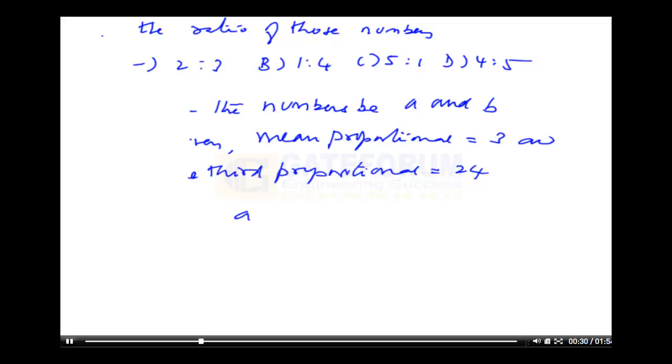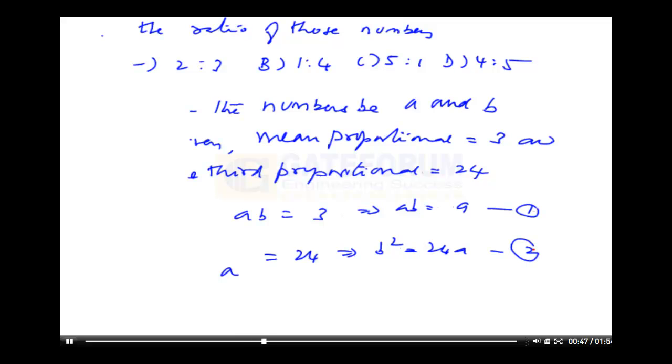So mean proportional means root of AB is equal to 3, which gives you AB is square of 3, 9, call it as 1, and third proportional B square by A is equal to 24, which gives you B square is 24A. So solving